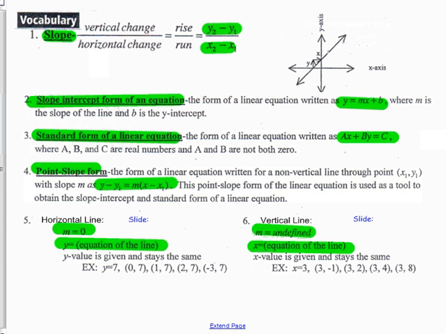That means like y equals 7. That's going to be a horizontal line because there's no slope. x equals 3, that means it's going to be undefined. It's a vertical line. One way to remember this is that